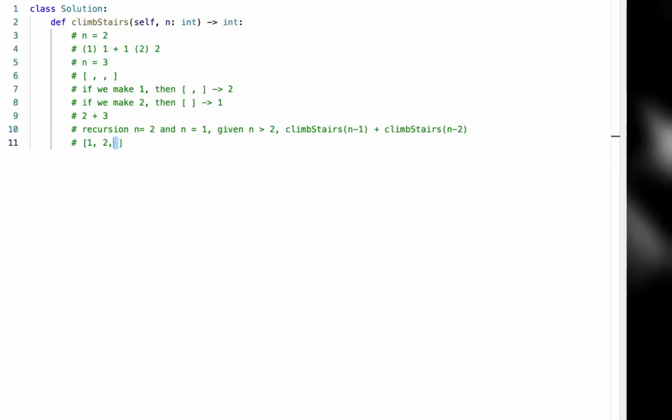This answer will be this one plus this one, n minus 1 plus n minus 2. And then for this one, we would know